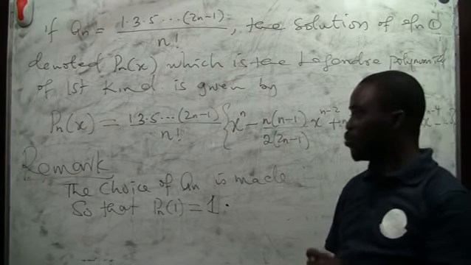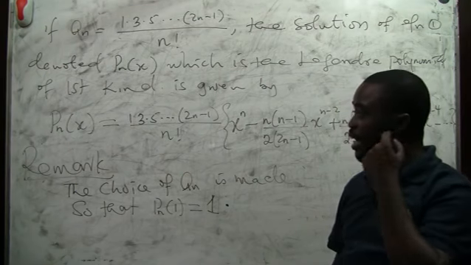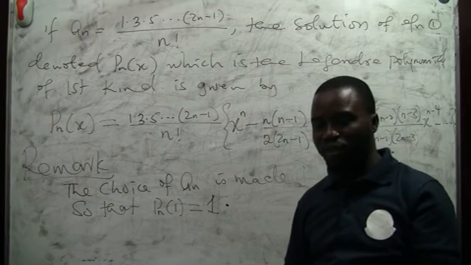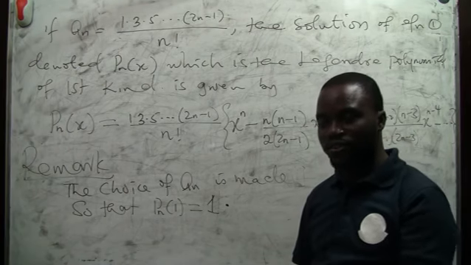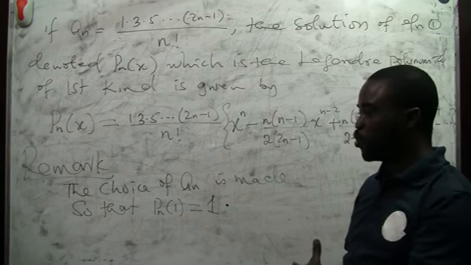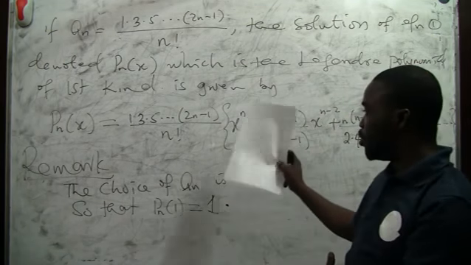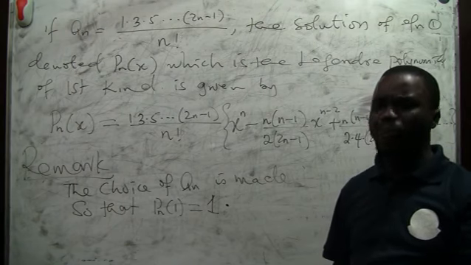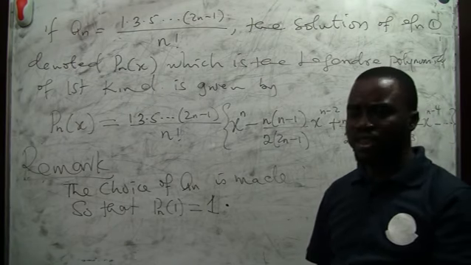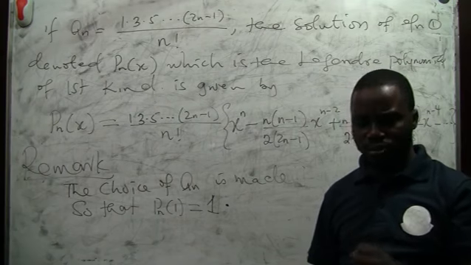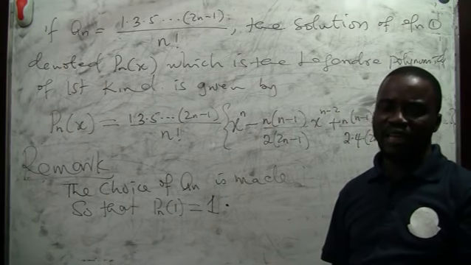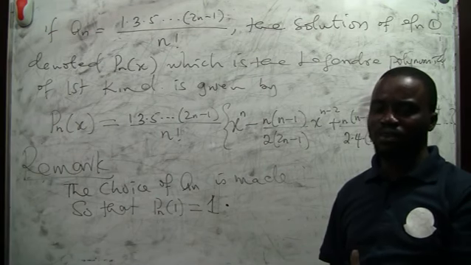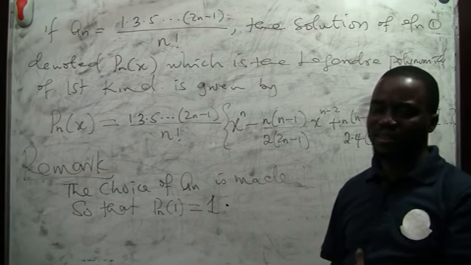In the next class, we shall continue on Legendre polynomial of first kind. What are those things that we need to know as far as Legendre polynomial of first kind is concerned? How do we generate those polynomials using the established equations that we have on the board? What are those things that are peculiar to Legendre polynomial of first kind? That will be in our next class and some other subsequent classes as far as Legendre